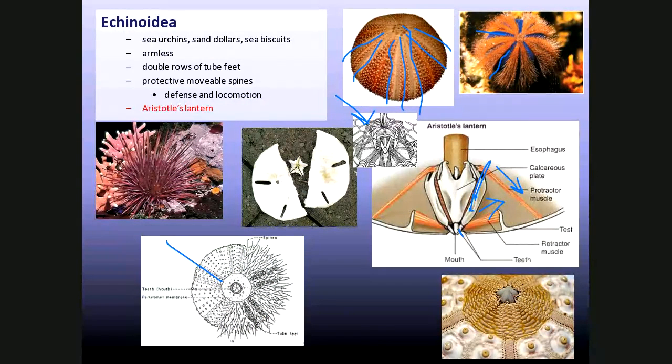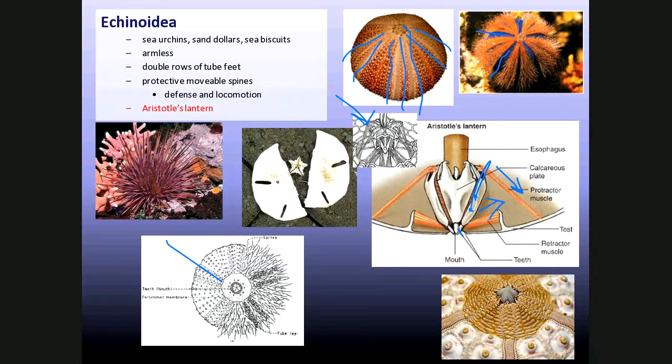So if this is the calcareous plate and the teeth are at the bottom, as the muscles move the calcareous plate, the teeth pivot. And so when you look at the picture on the right, on the bottom, the teeth are opening and closing, and they're nibbling. They're grazers for the most part. Nobody else has anything like Aristotle's lantern. I just think that the whole way it's put together is just amazing to me. And it never stops to amaze me how in biology or in life these very intricate structures can be put together like that.